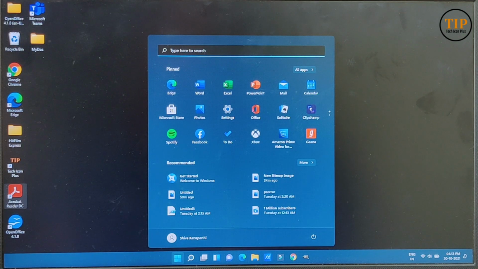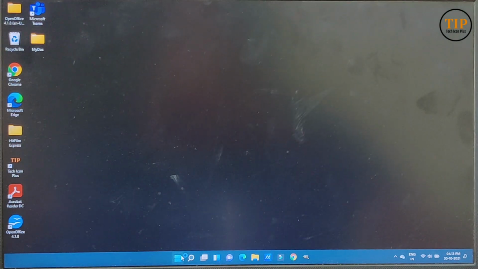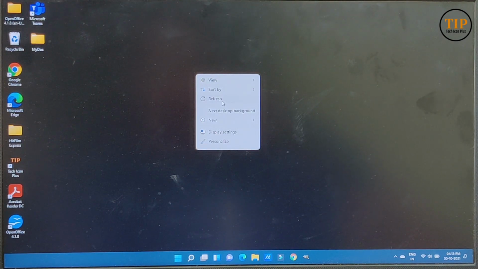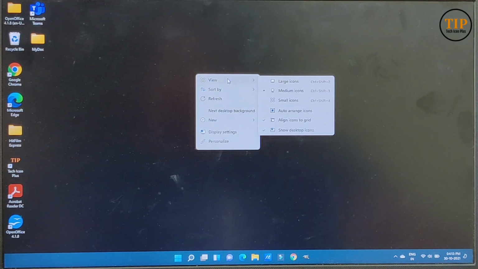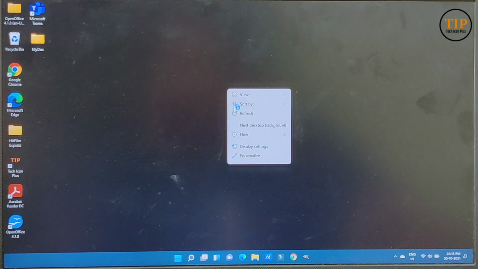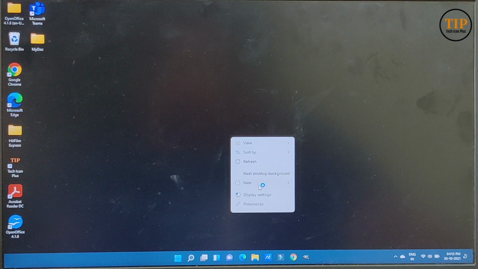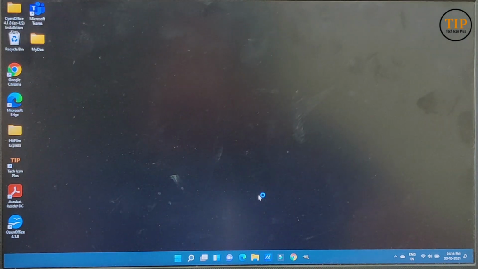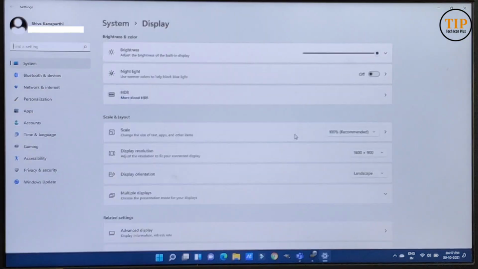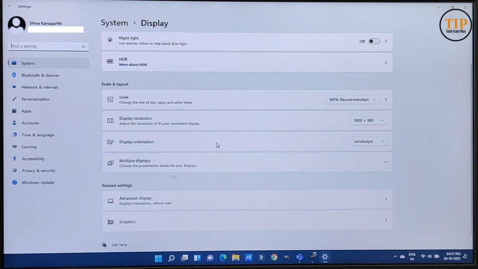We don't have any background wallpaper, so I'm going to change the wallpaper, and I'm going to check if the applications I previously installed on Windows 10 are there or not. I'm also going to check some files which were created last time in Windows 10. All my files and installed software are available. Nothing is changed, only the Windows operating system changed.